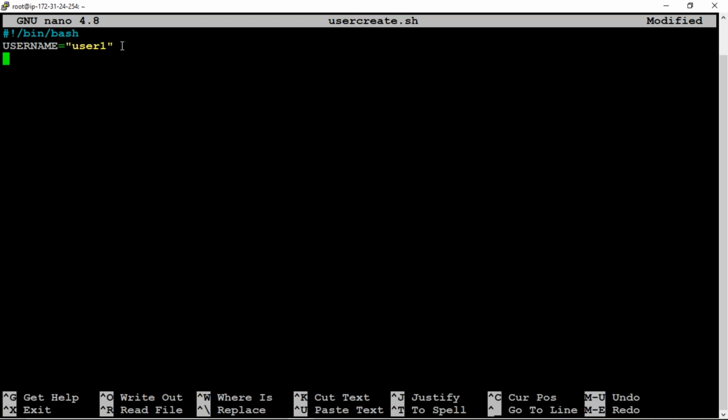Next, now we have to add that user to our script: useradd with that variable, useradd and with username.